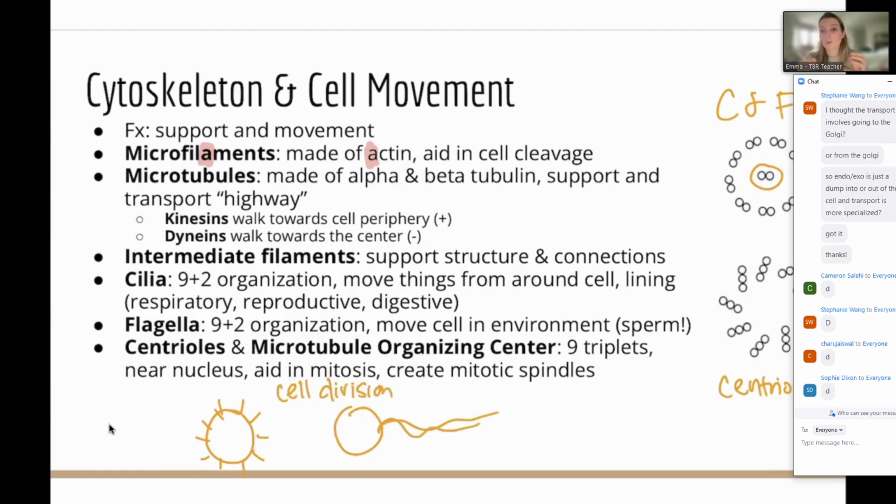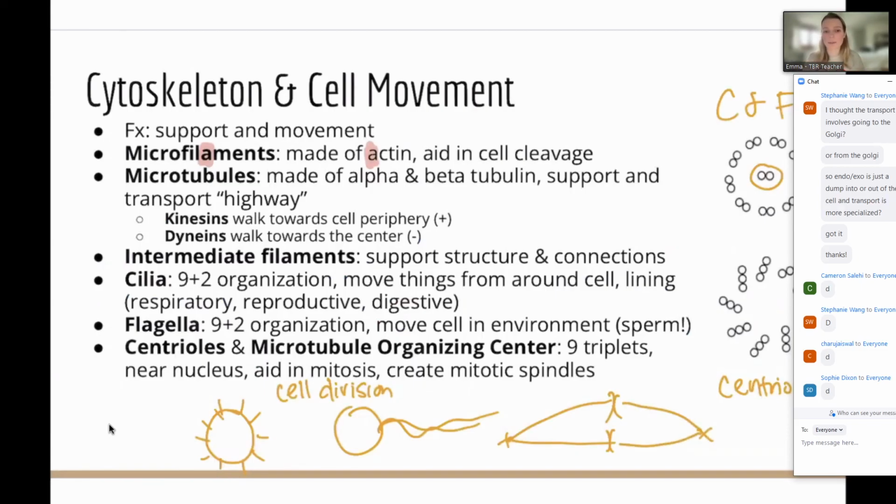And then as we've replicated all of our DNA and we're getting ready to move to the different poles of the cell, the centrioles are what's going to send out the mitotic spindles. If you remember seeing all those pictures of the chromosomes lined up, they're usually drawn as little X's or two little circles or little barrels next to each other, and they have their branches. Those are going to be the mitotic spindles that are then going to shorten one by one.